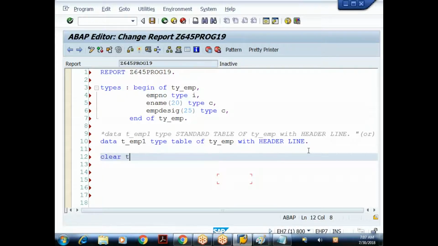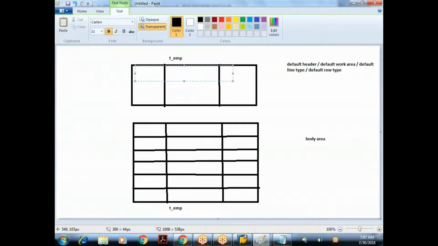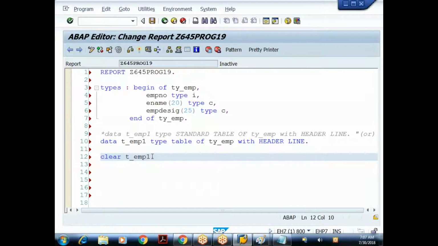You'll say CLEAR t_emp1. Now you can see here, I'm saying t_emp1, right? My internal table is with header. So if I use the CLEAR statement, this will refer to the header area. It will refer to the header area. So it clears the default header data, the default header area.